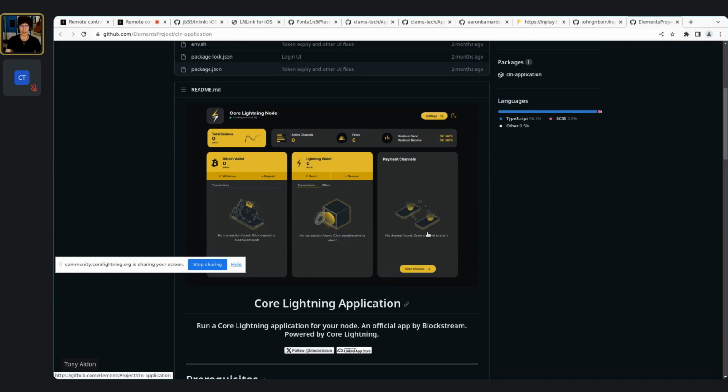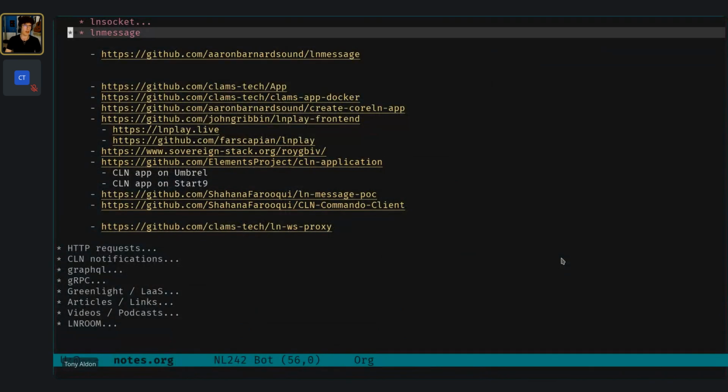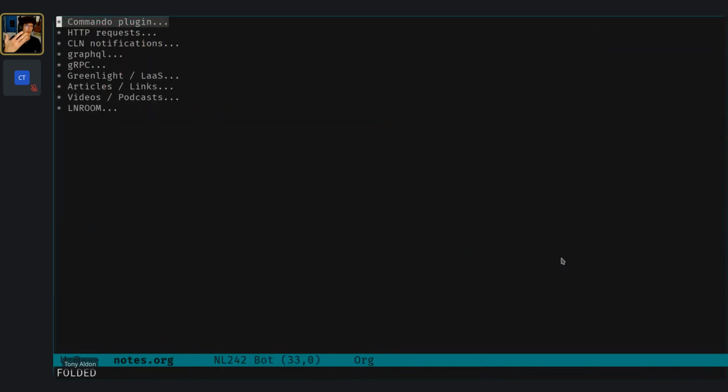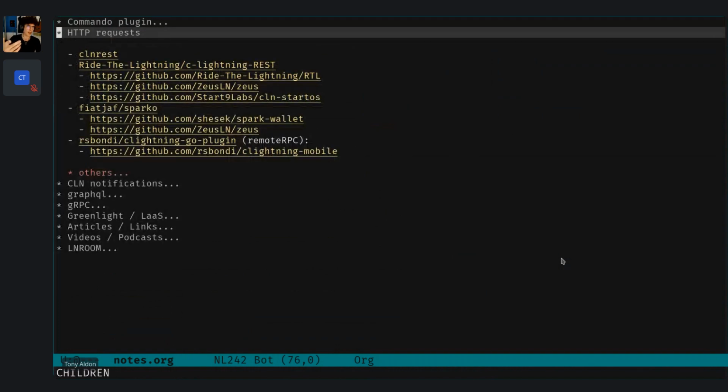So many examples, or maybe you just want to use one of them, but this is really cool, that there are so many examples that we can use with LN message. So everything there was for the Commando plugin. Now HTTP requests, so maybe they are well known, I won't click on them, but C Lightning REST, so the plugin that